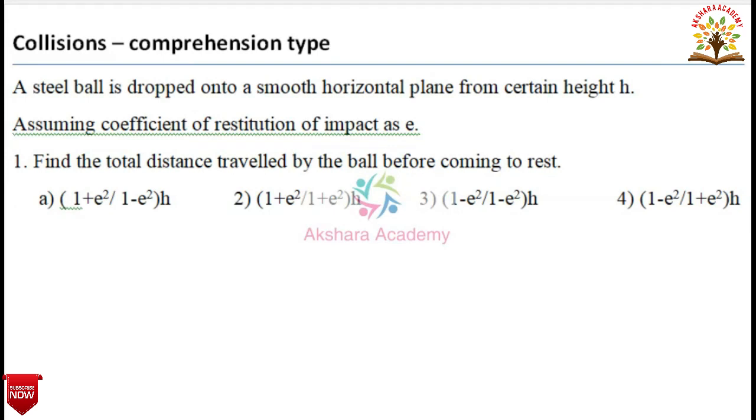Students, in this session I am going to discuss solutions of these problems. Here a steel ball is dropped onto a smooth horizontal plane from certain height h. Assuming coefficient of restitution of impact as e, we are finding the total distance travelled by the ball before coming to rest. Assume that distance is equal to d, that is equal to h plus 2h1 plus 2h2 plus 2h3